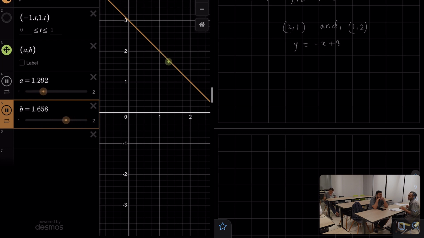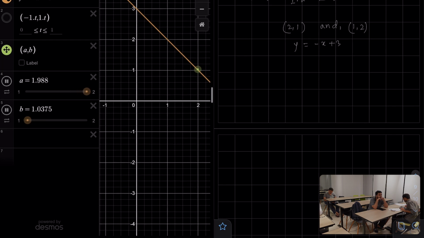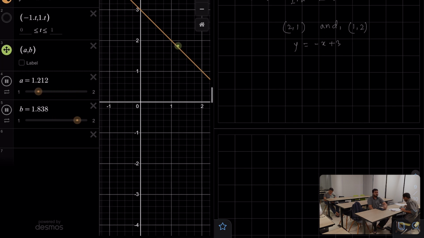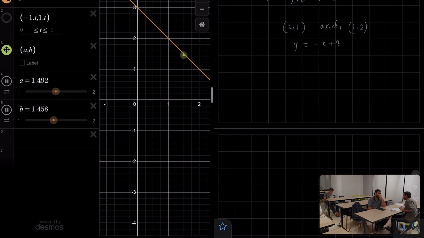Yeah. So now I'm restricting these 2 points, 2 comma 1 and 1 comma 2. And this dot is moving from 2 comma 1 to 1 comma 2. Now, as we know from the definition of the vector space from physics, the vector between 1 comma 2 and 2 comma 1 is simply 1 comma 2 minus 2 comma 1. So just